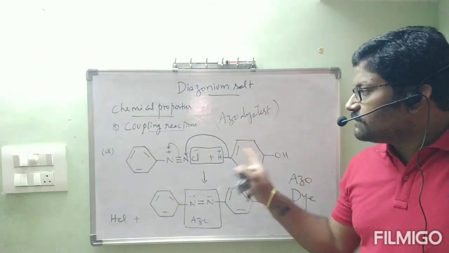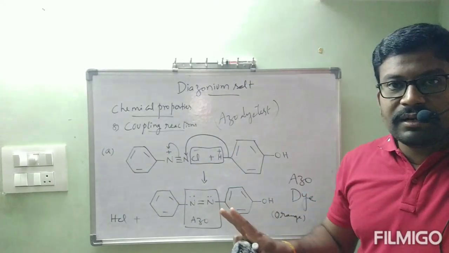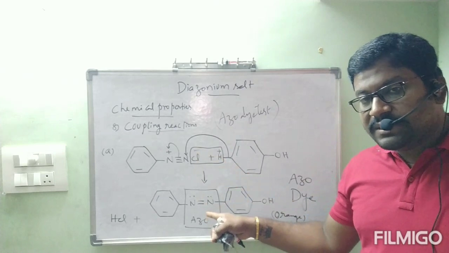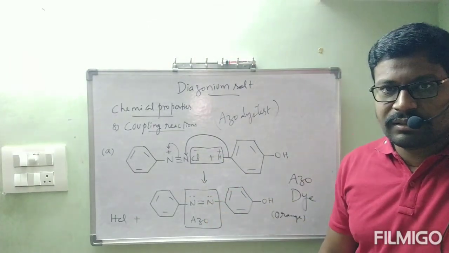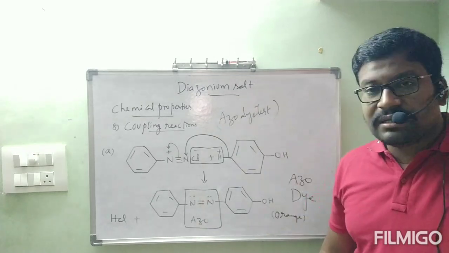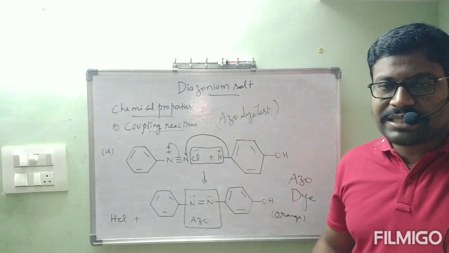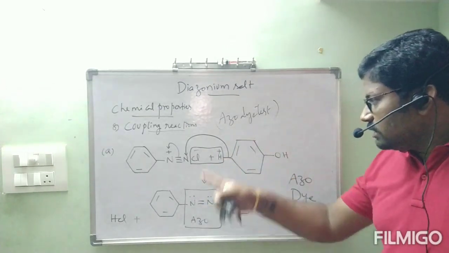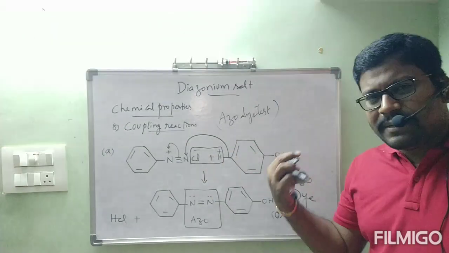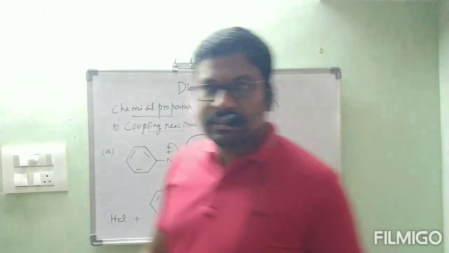This is the first coupling reaction, in which the diazonium group is not eliminated. It is involved in the reaction and it is retained in the product. But in the previous 7 reactions, the diazonium group is not retained; it is lost as N2. This is the first coupling reaction. There might be many coupling reactions, but in our test they gave 2 examples. Let us see the second one.